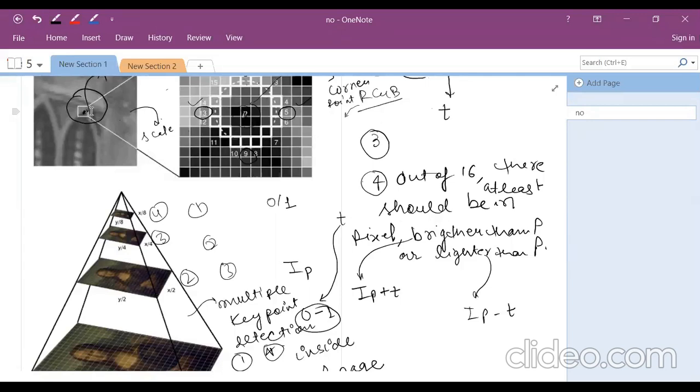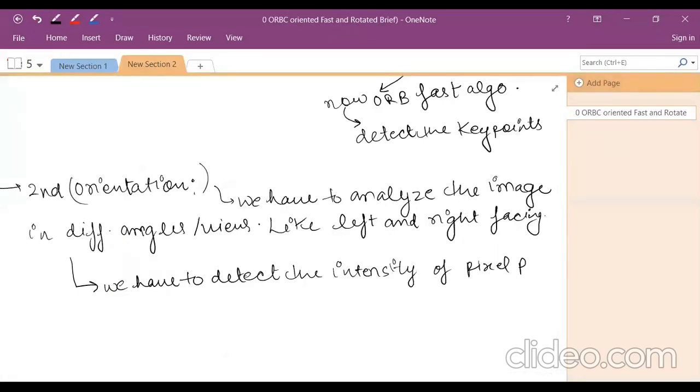It is not possible. So I have to calculate those changes at different angles, detect the changes in different rotations, you can say.